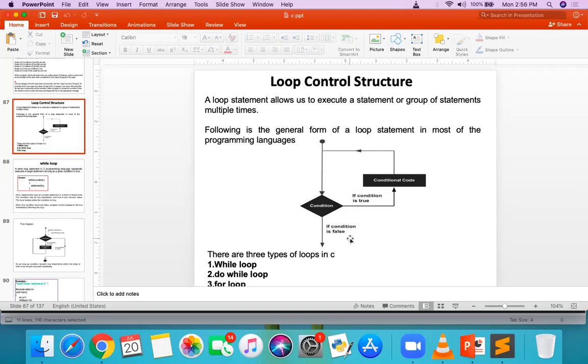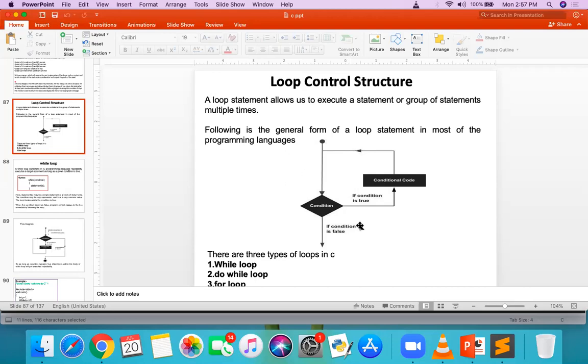So you are always saying that I'm in a loop. Just like you always wake up in the morning, then at night you go to sleep. Next day again you wake up in the morning, and that night you again go to sleep. So it means that you are in a loop. You are doing the same thing repeatedly until there is one condition. And what is that condition? Permanently you go to sleep, that is your death.